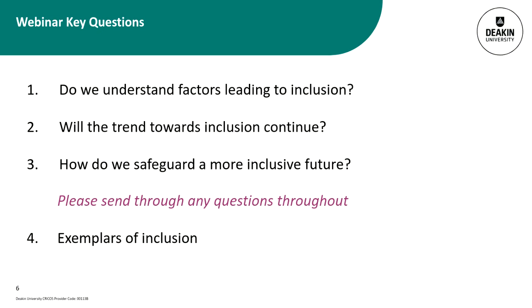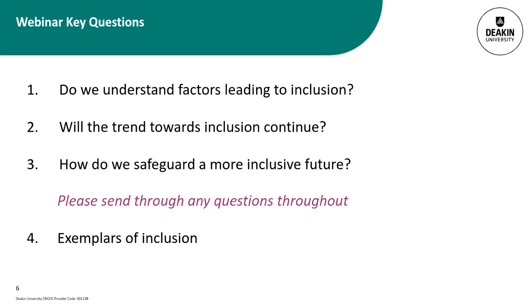And if we think about disability and inclusion in the long term, this has got me to think about a number of questions. And the first of those is, do we understand the factors that are leading to inclusion? Will the trend towards inclusion continue? And how do we safeguard a more inclusive future? With those three questions, if you have any comments or any thoughts, please chat amongst yourselves. Please think about comments or observations that you might make about those questions, and we'll have opportunities to delve into the expertise of participants in this room or this webinar